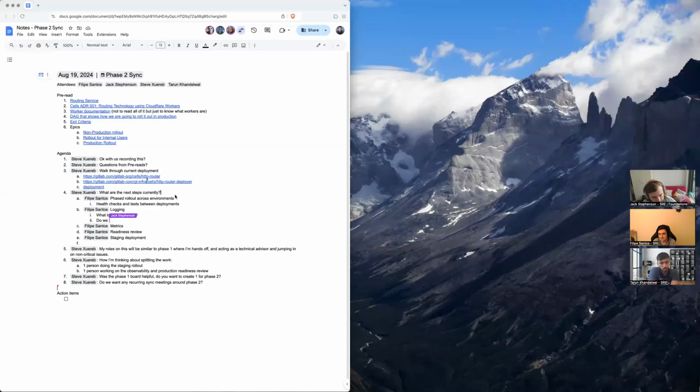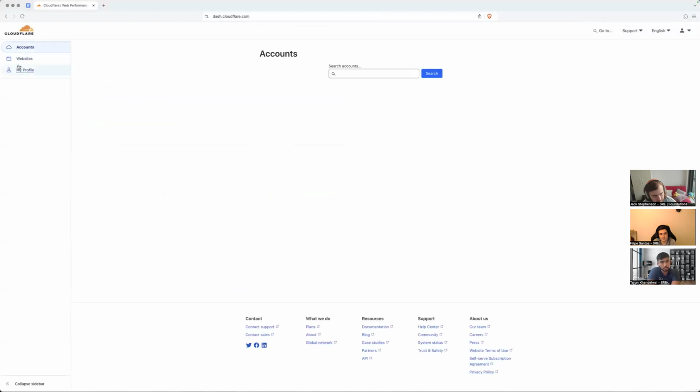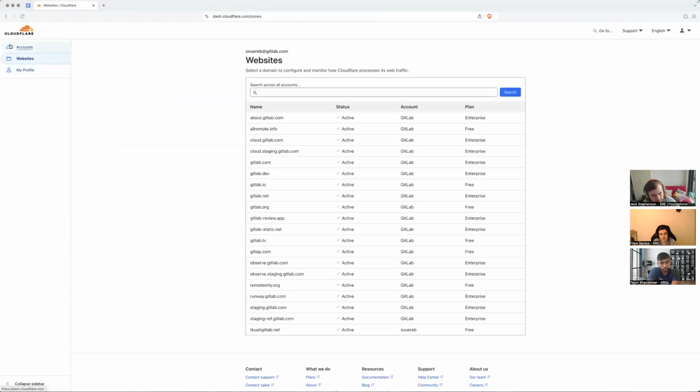Those are good. The runtime logs are attached to the HTTP logs. So just for them to know, if we look at the logging again,